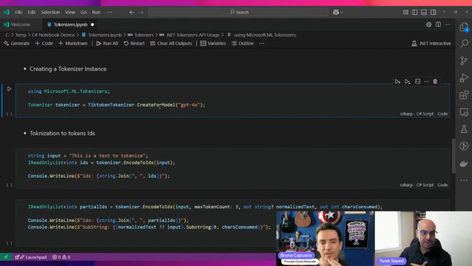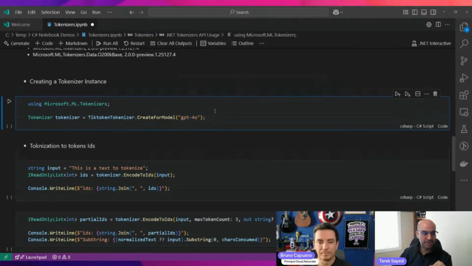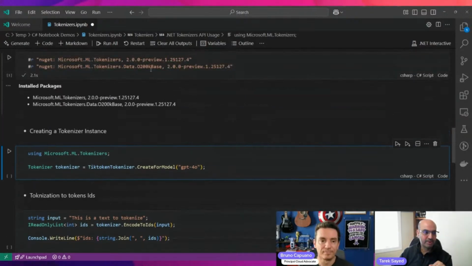We have multiple options here. You can pass the model name. Of course, all supported model names by OpenAI will be supported, and it will create it for you. The other option is you pass the encoding itself, which is called 200K base.